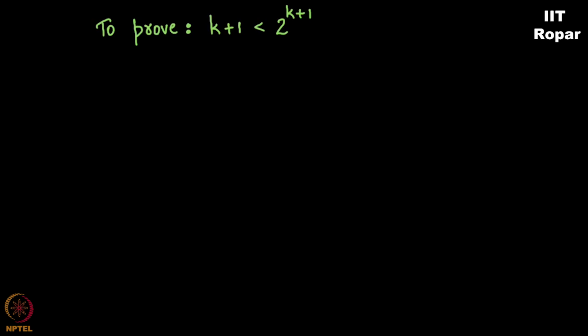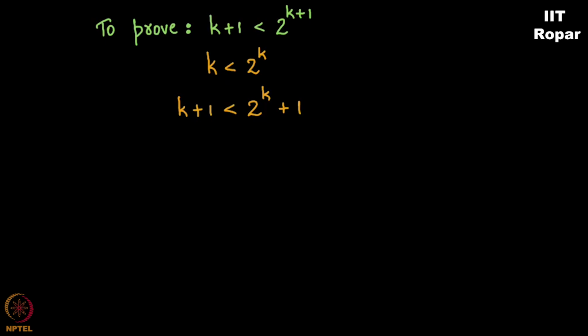I have to prove this. Right? Now, let me begin. I'm assuming that k is less than 2 power k. So let me write that down. k is less than 2 power k. Now, as we have already seen, if we add something on the left hand side, we should compensate by adding the same thing on the right hand side. Do you remember the proof of 1 plus 2 plus 3 up to n, the sum of n integers? We have done this there. So I add 1 on both the sides. k plus 1 is less than 2 power k plus 1.